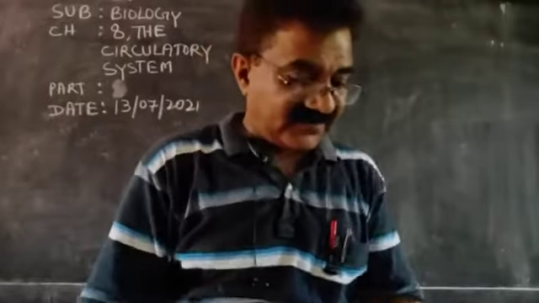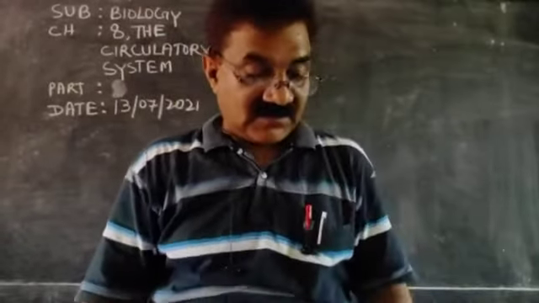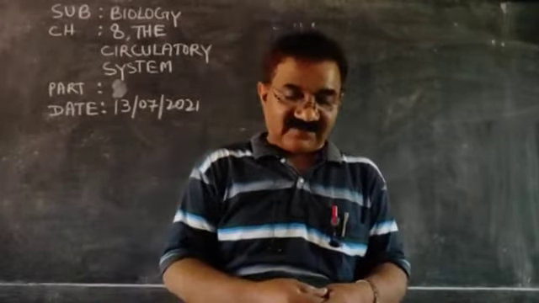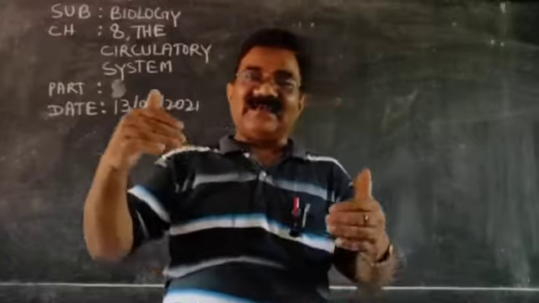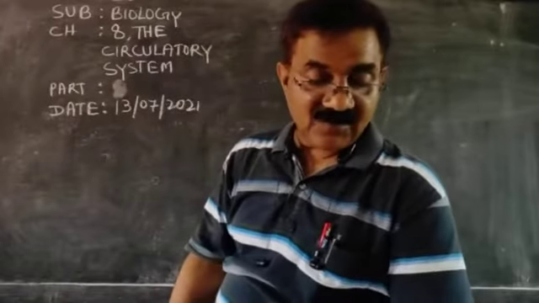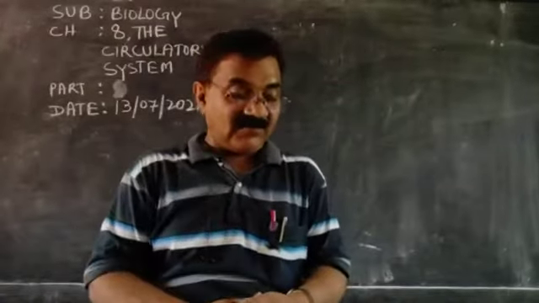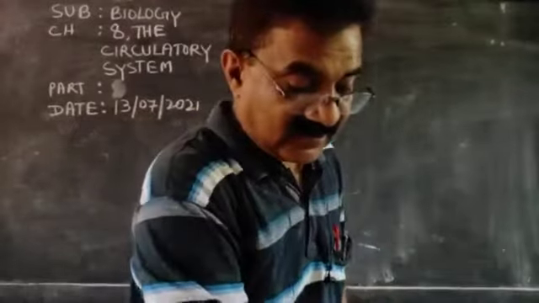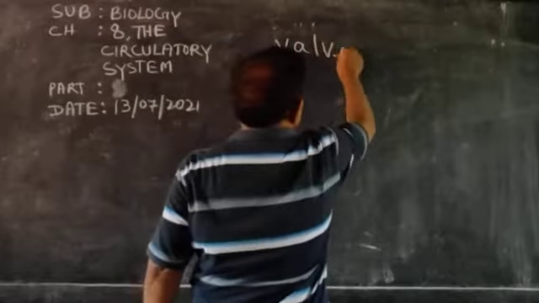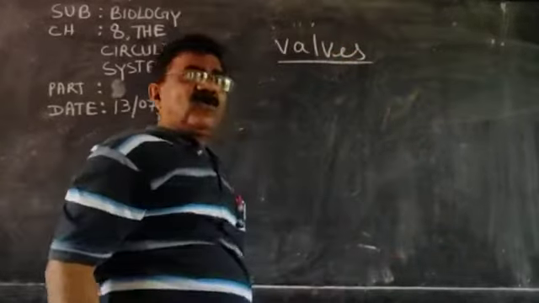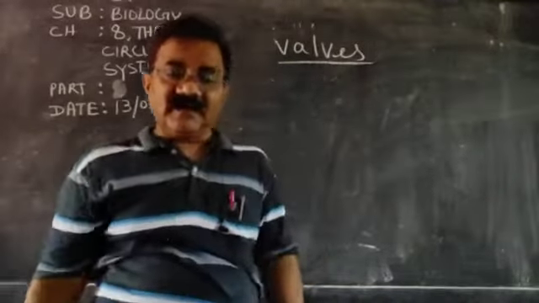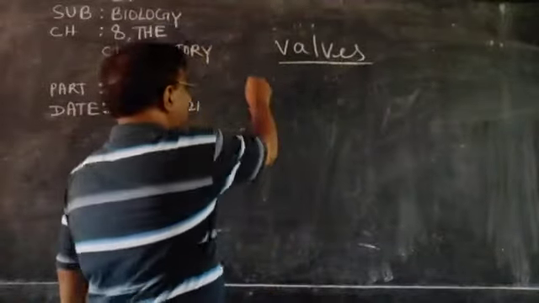We have already discussed the blood circulatory system, the heart, and the blood vessels entering the heart and leaving the heart. And we were discussing the valves present in the heart. In detail we were dealing with the valves, and I have told that the use of a valve is to stop the backflow of blood in the heart, and 4 valves are there.